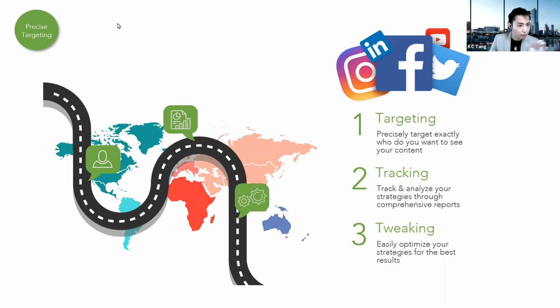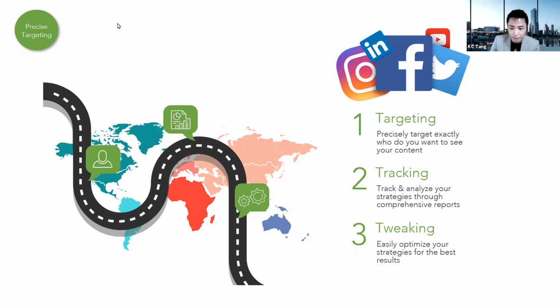So not only could you target, you could also track what the feedback is, what the engagement rates are, what is working and what is not. If I spend X amount of money on this advertisement promoting this particular post, what do I get in return in terms of clicks? How many people are clicking through to my full text? How many people are just looking at it and scrolling through? They did not do any engagement, they did not even share the post. Every detail here we could track. So that's the second reason.